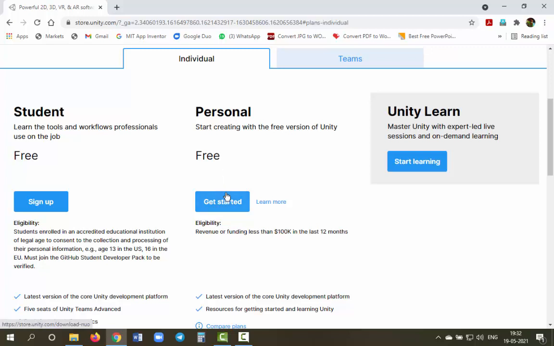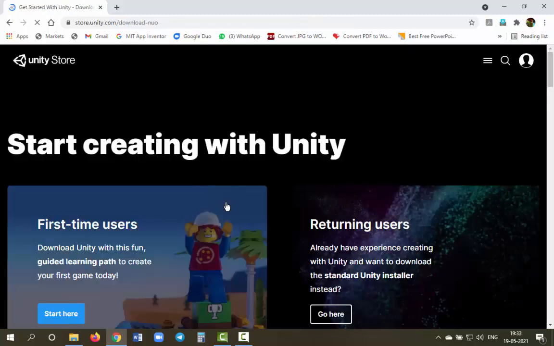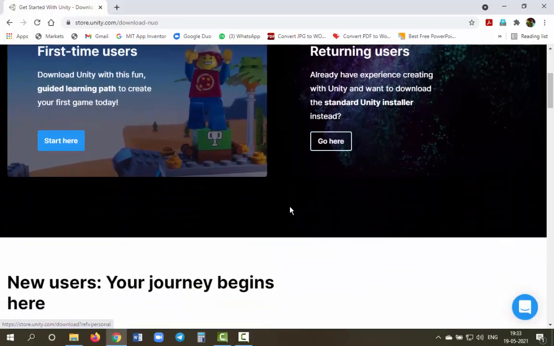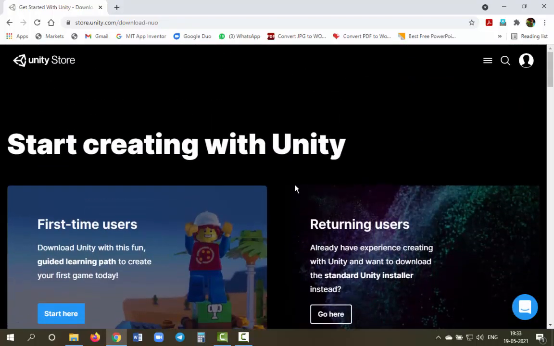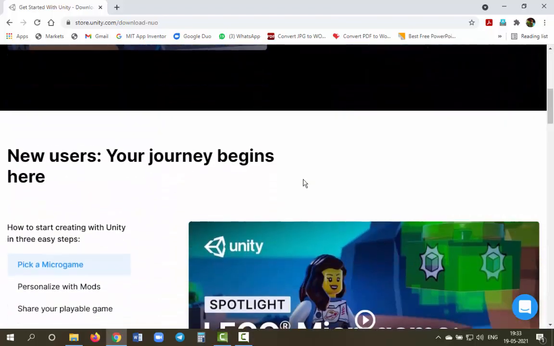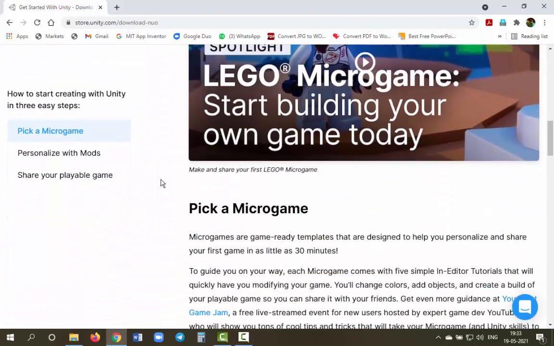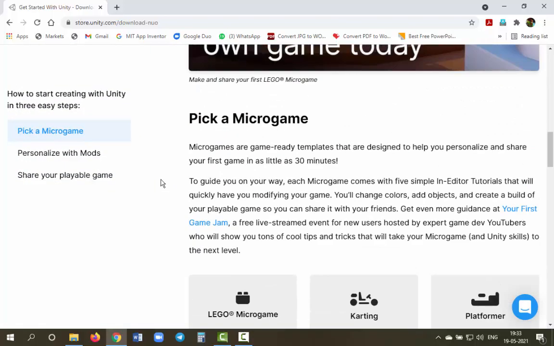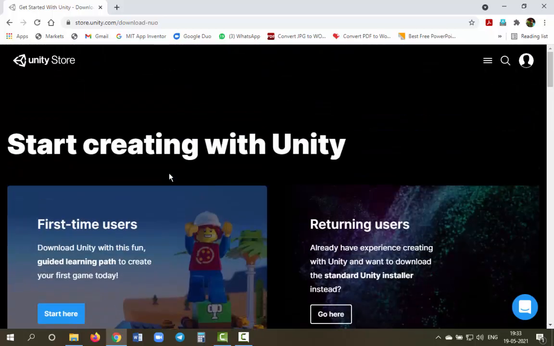Now I am clicking on this one for your understanding purpose. See here, if you click on get started, then it will display a page like this. In this page you may download. Already I have downloaded this software, that's why it is displaying like this.